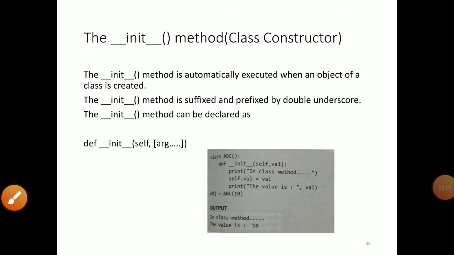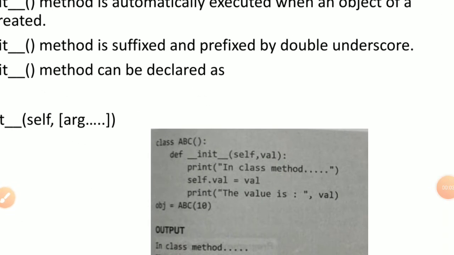Hello everyone. Now we have to start with the next concept, class variables and object variables. Before starting with this concept, I want to revise the last program of the previous video. The program was about the init method. Already I told you init is one of the greatest features of the Python language, which gets invoked, or that method will get called automatically when we create the object of our class.